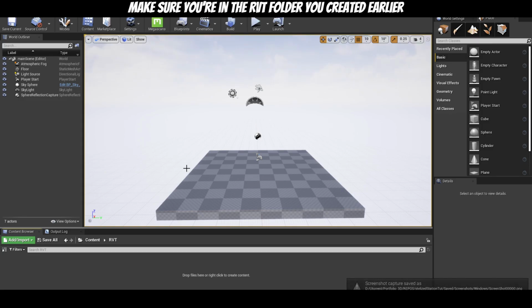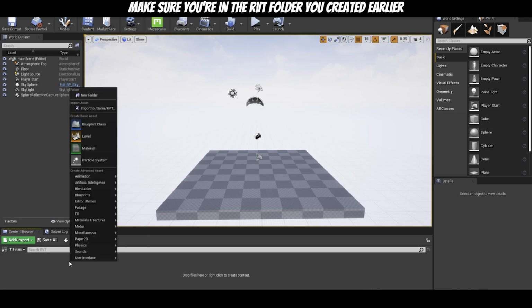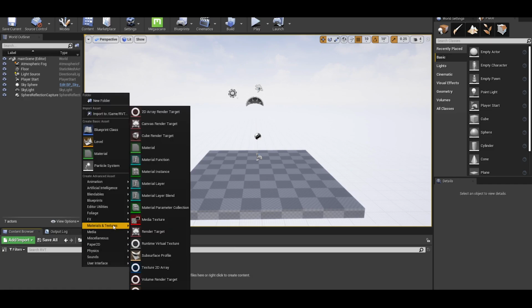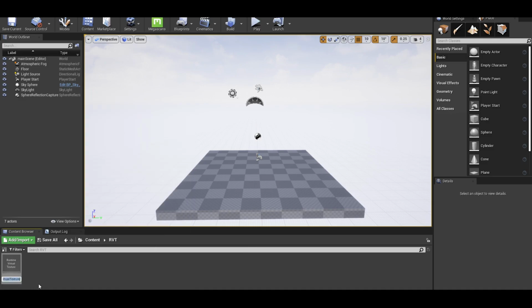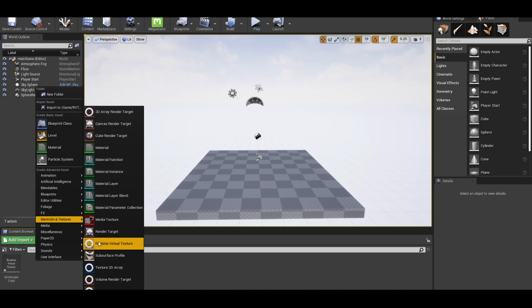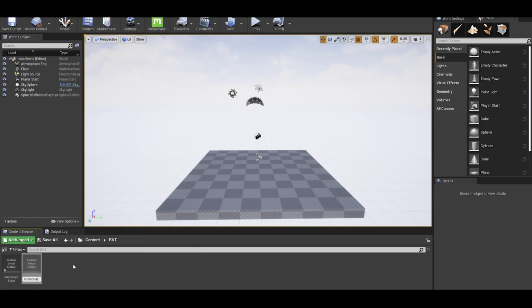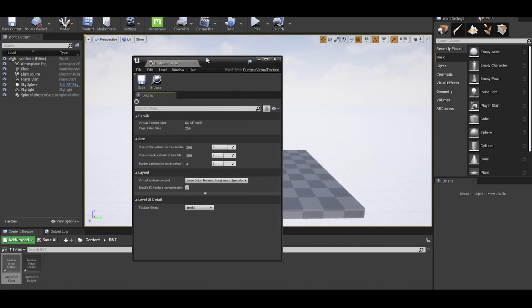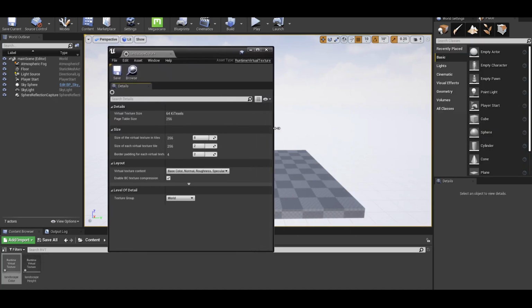So now to set up the RVTs, we're going to go ahead and right click, and we're going to create a runtime virtual texture. So you right click, you go to materials and textures, and you click runtime virtual texture. Let's name this our landscape color texture. This is going to be our landscape color texture. Now we're going to create another one because we're going to be needing two. And we're going to name this landscape height. Right. Now, what we're going to do is click twice on our landscape color and pull it up. In this panel, you're going to